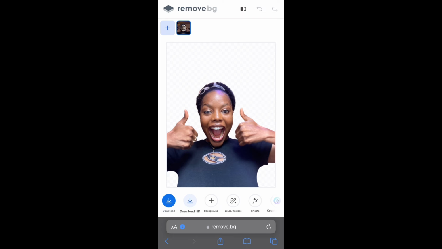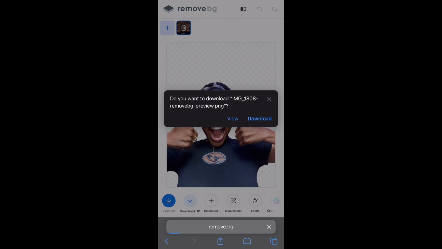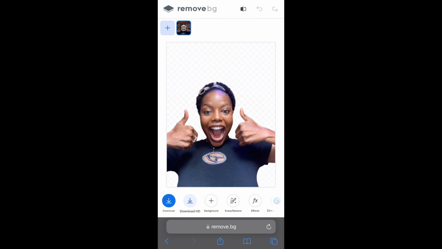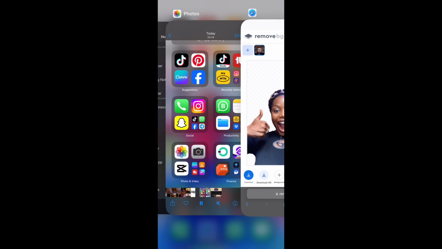Now you want to download it to your phone. You click on download, make sure it is downloaded to your phone. You can either save it to your file or your gallery or anywhere you want to save it, but you want to make sure it is saved to your phone. Now you want to go back to the Capcut app